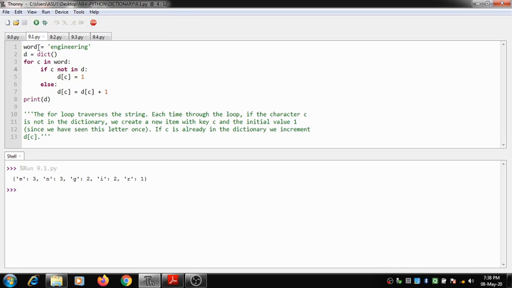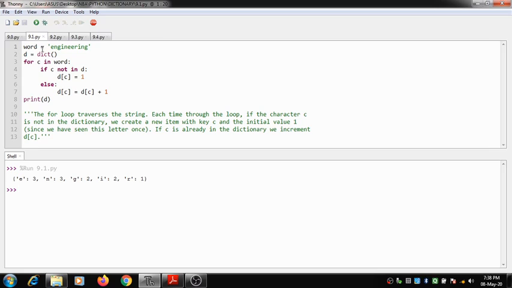E in engineering has appeared how many times? 1, 2 and 3. So you can see E has appeared 3 times. N has also appeared 3 times, 1, 2 and 3. G has appeared 2 times. I is appearing 2 times and R is appearing 1 time.